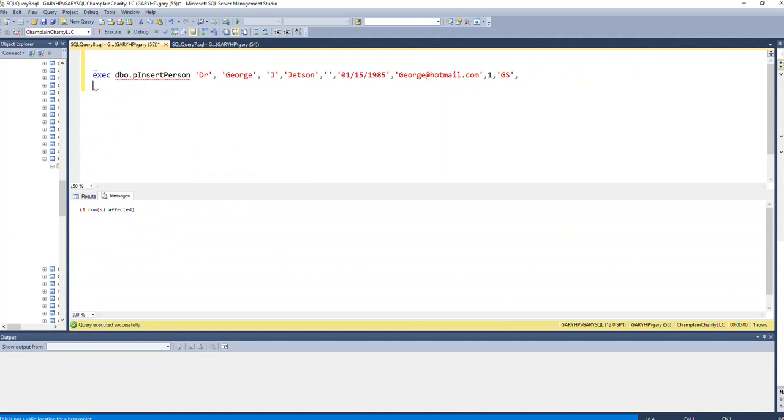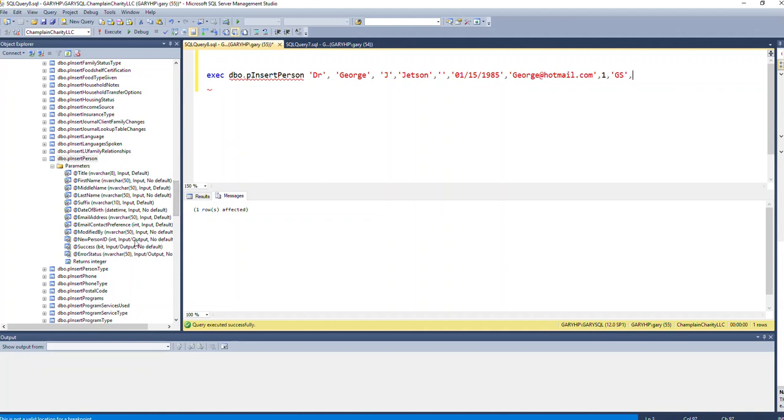Okay, so what I was doing was writing execute dbo insert person, George Jetson, all this, and then we had 3 output parameters. And so I had output the new person ID, success, which is a 1 or a 0, and then an error status, which is in varchar 50. Okay, so what I have to do first is I have to declare some variables to hold those output parameters, and that's pretty easy. I just say declare,